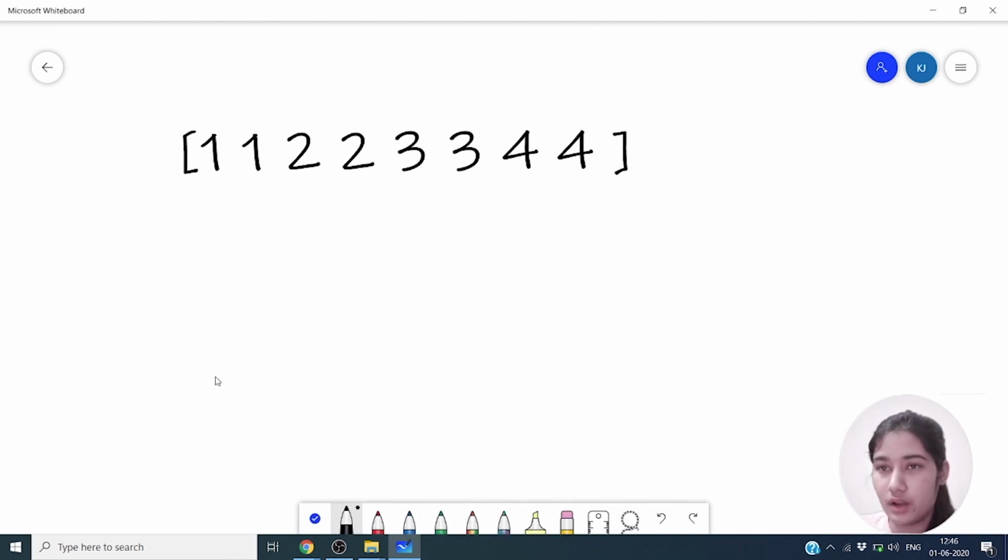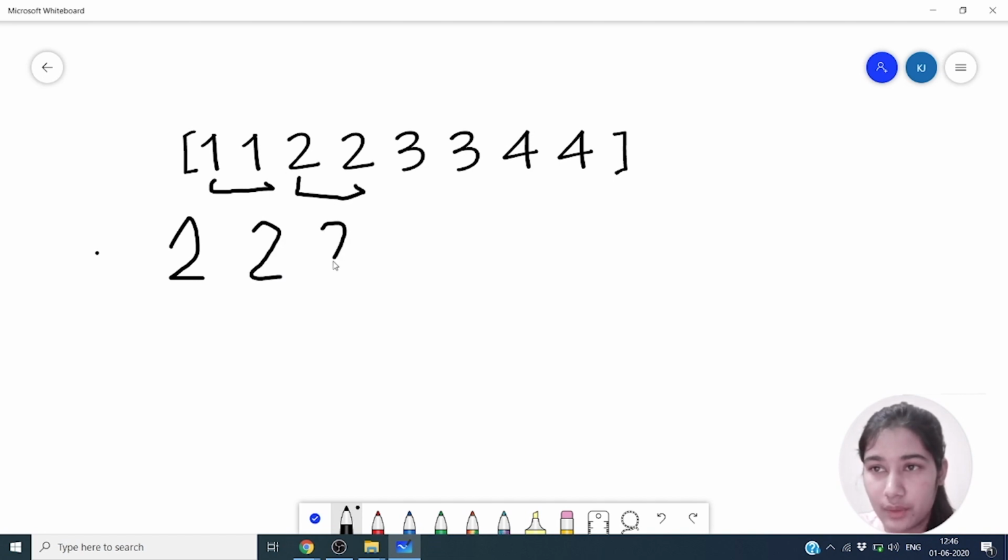The approach would be to first count the frequency of each element. As we can see, the frequency is 2 for 1, again 2 for 2, the frequency of element 3 is 2, and the frequency of element 4 is also 2. Now our next step would be